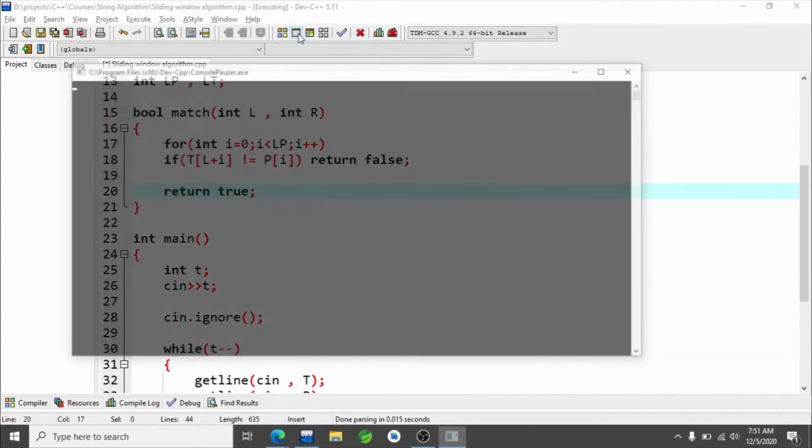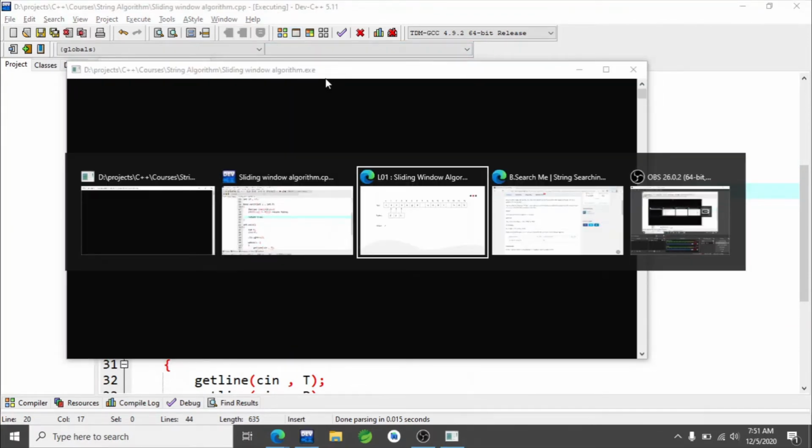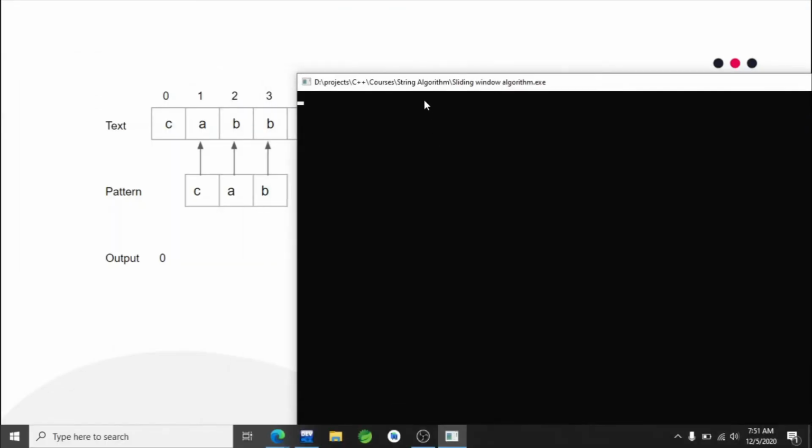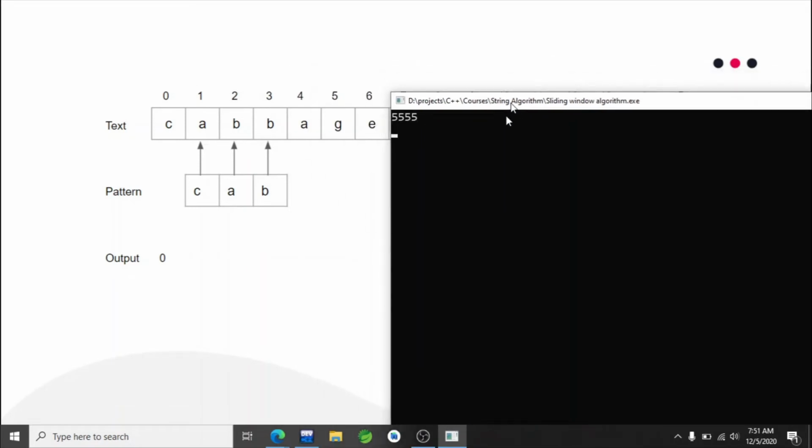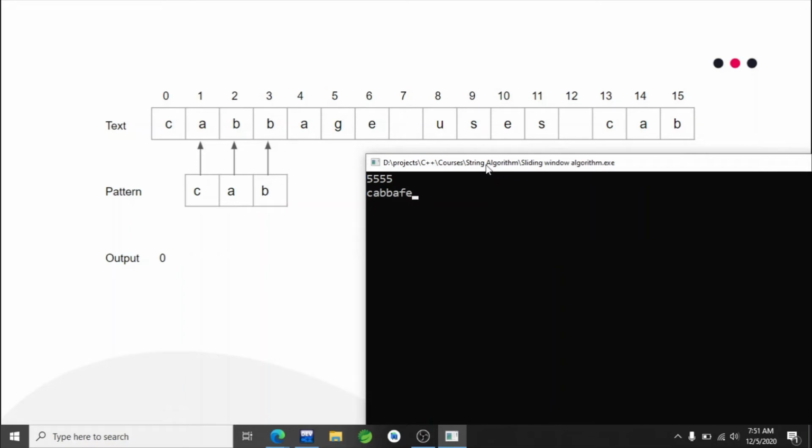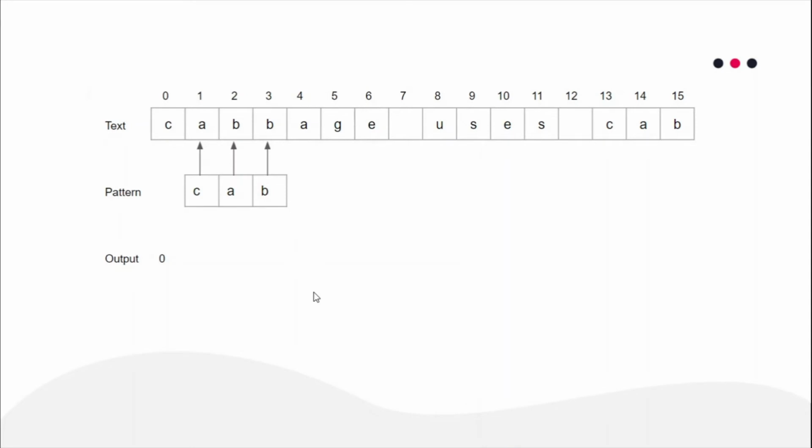If I show you by running the same example here, suppose we have these many test cases. So this is cabbage, which uses cab, and this is your text and this is the pattern. So you see at positions 0 and 13 cab is matching. I'll be providing this code with you, so you can compare it, you can use it for your reference